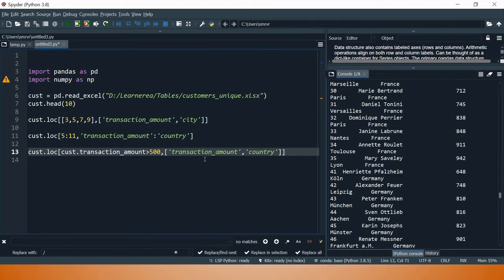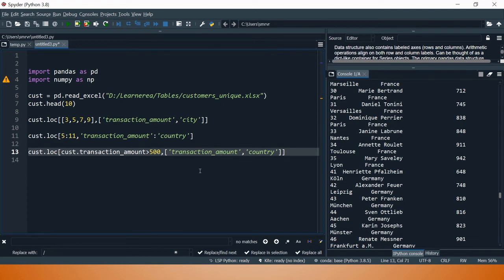You just observed that making row selection is slightly easy when you use the loc method with a data frame, right? But when it comes to column selection, it is slightly tedious because you have to put the column names each time. Is there a way that we can provide the range of columns in the form of integers like we did for rows?